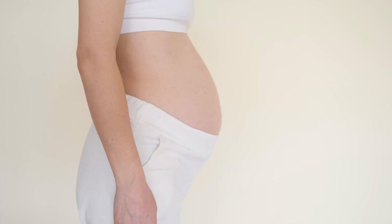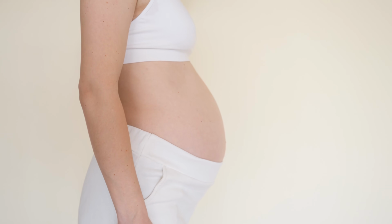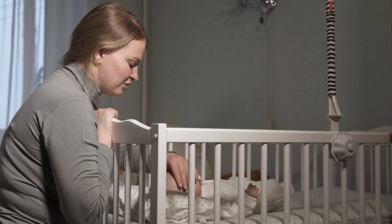When it comes to our core, you can appreciate how big it's stretched to accommodate that growing baby inside of you for 9 months, and it takes time for our body to get back and shrink back in shape. If you choose not to do anything, and I get that because you're so tired, you're constantly with the baby and maybe you don't have any help, everything is on you and you're so tired and you choose not to do these exercises, I would say that you're really missing out on the window where you can actually recover faster with